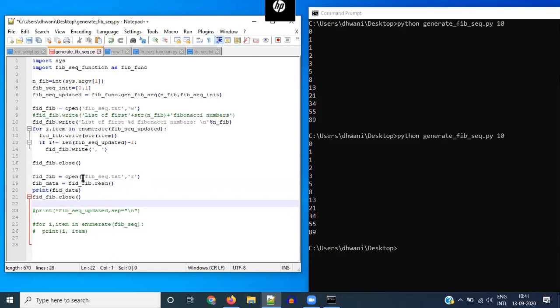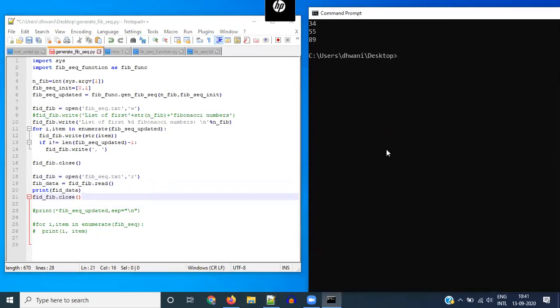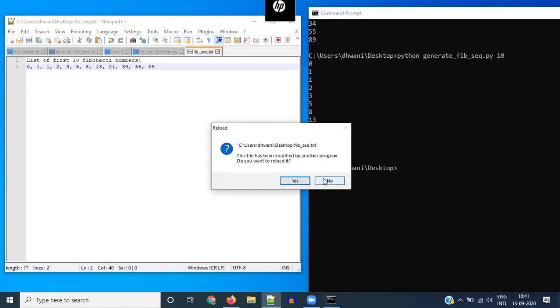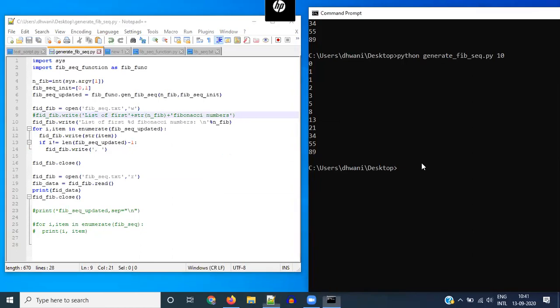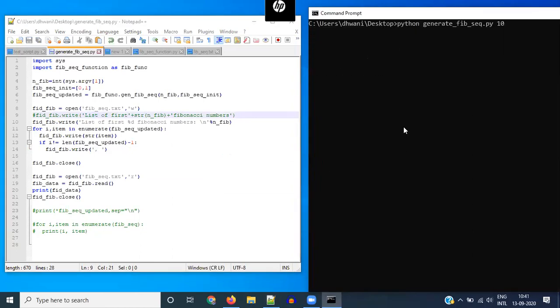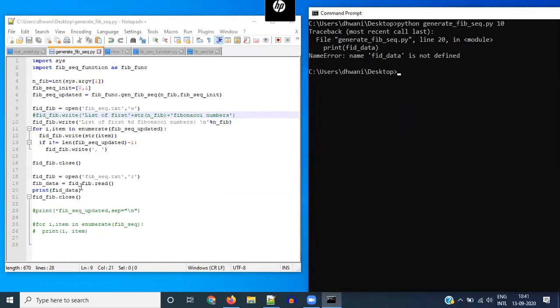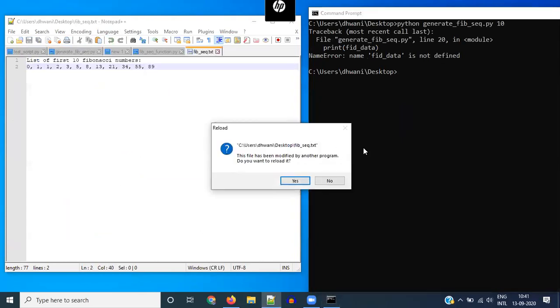Okay, so hopefully you've all been able to write these 4 lines of code now. If at any point of time it feels like I'm going too fast, please feel free to stop me or ask me to slow down. Okay, now what we're doing is we're just opening this file, reading it, and printing what we have read. Okay, let's run the script again. Oh, I haven't saved it. I forgot to save the file. So let's run it again. fib_data is, oh, sorry, it's fib_data.